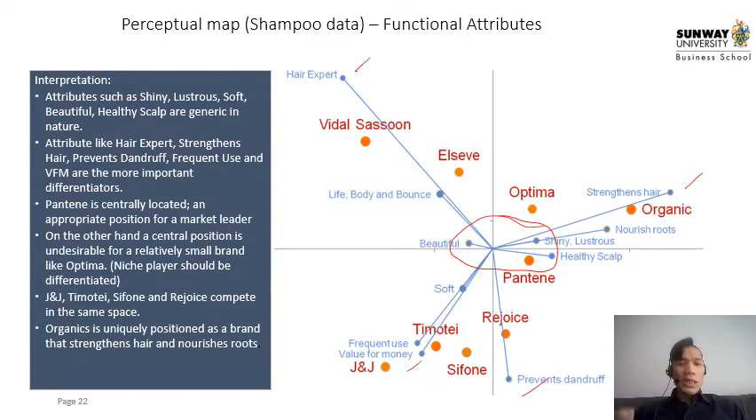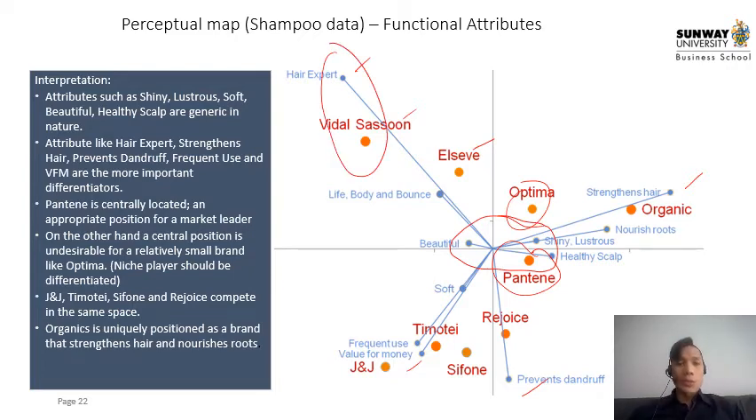Now, Pantene is very centrally located, which is an appropriate position for a market leader because it covers a lot of all these things, but it doesn't necessarily differentiate itself from all the other brands. On the other hand, a central position is undesirable for a small brand like Optima, a niche player. If you want to be a niche player like Vidal Sassoon or LC, you should be as far away from the origin as possible and as close as possible to one of the very significant